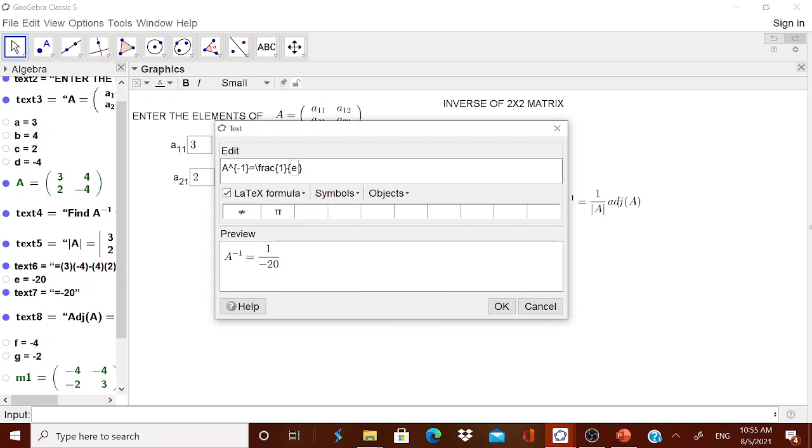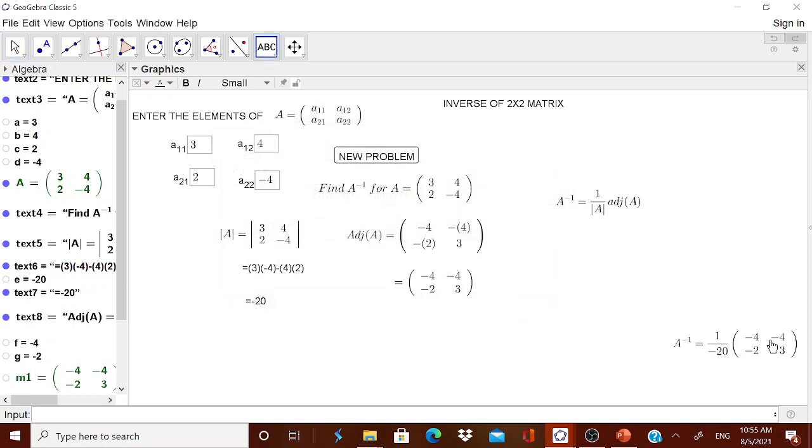Is it necessary to type that adjoint? No, already I have that adjoint as M1. That is the advantage I told you. Therefore if you have entered it, immediately you can simply type it there. But remember, the matrix will be displayed only in latex formula. For now you got it. Finally you can leave it as it is for the children. But suppose you want A inverse to be shown to the children with all calculations,